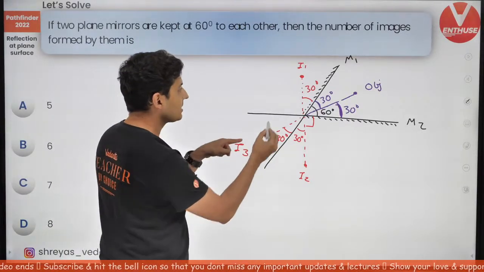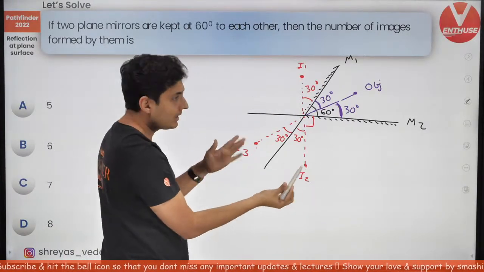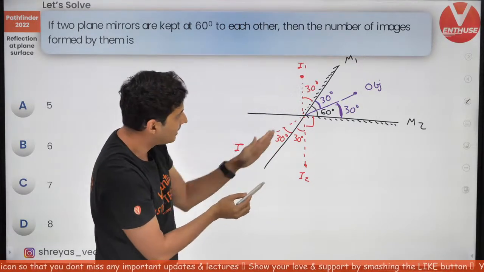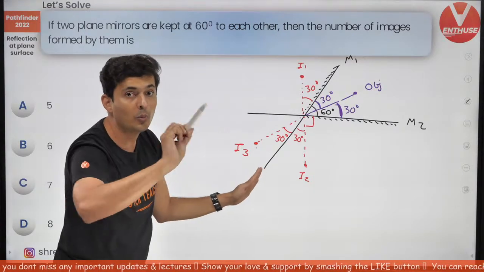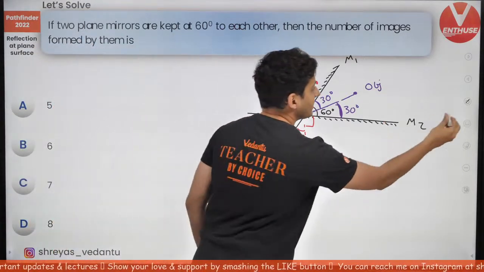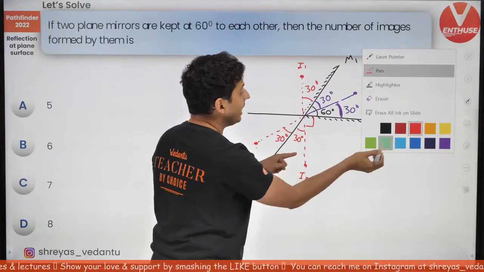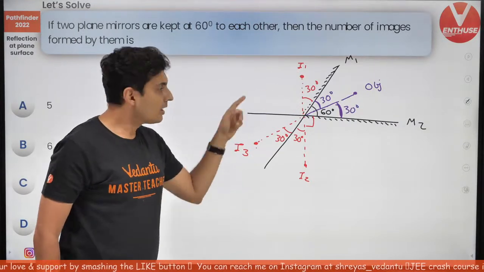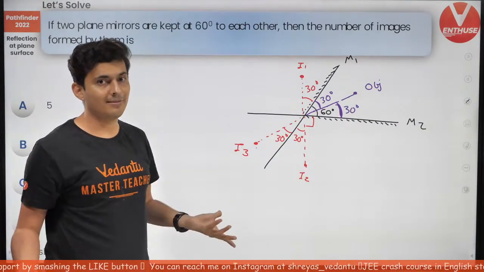Now, this image, because of this mirror, can't be reflected because this image is behind. Can you see this mirror? When you draw that line, it is behind. So no more reflections will occur. Got it? Now, last thing. We need to go back to the other mirror. We started with M1 and then we kept on reflecting. Now we need to start with M2 and see the reflections.